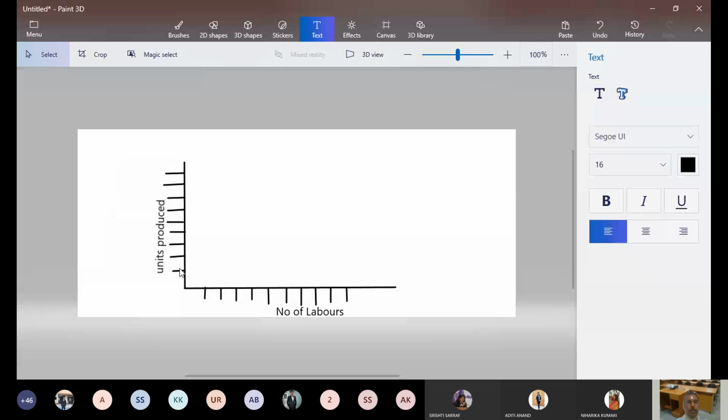Now, here there was no problem. 1, 2, 3, 4, 5, 6, 7, 8, 9, 10. What numbers are we going to write here? How do we decide that? That is the most critical part of making this graph. What units are we going to write here? For that, we need to go back to the table. Now we have to draw here 3 graphs, not 1, but 3. So if we look at the table, we find that we have to draw TP, AP, MP. So for all, we look at the lowest, which is 0, and the highest, which is 72.